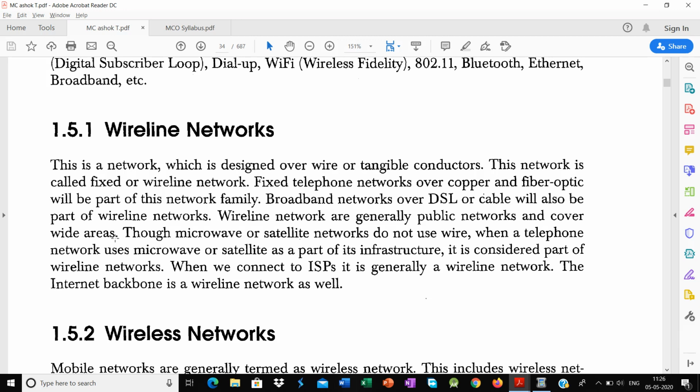You know very well, though microwave or satellite networks do not use wires, the telephone network uses microwave or satellite as a part of its infrastructure. Microwave and satellite will play a part in the infrastructure, but there is no wired connection in them. Okay, we are going to use the broadband system over a telephone network which is considered as a wireline